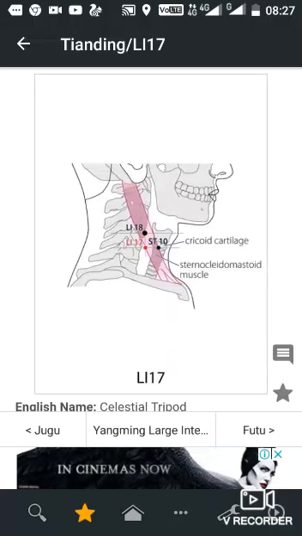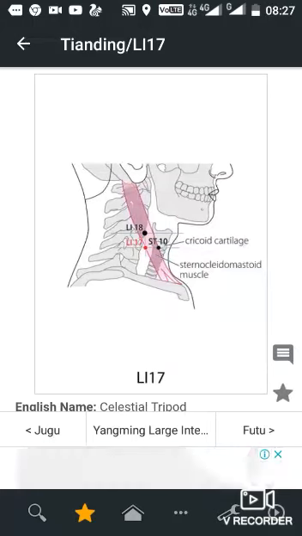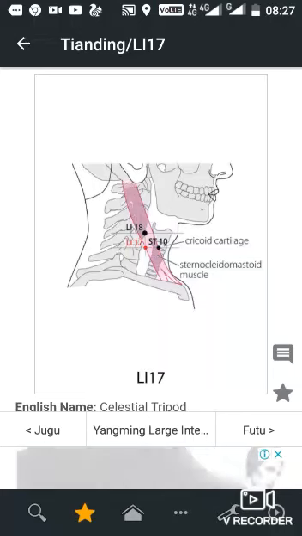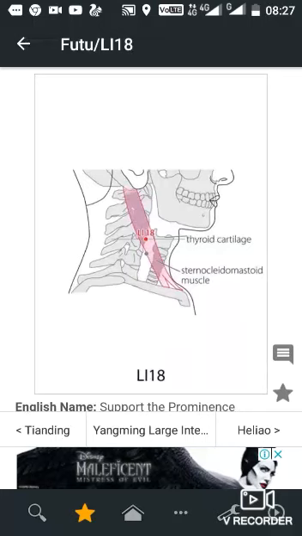Li 17, location. Lateral side of the neck, at the midpoint of Futu, Li 18, and the supraclavicular fossa, at the posterior margin of the sternocleidomastoid. Li 18, location. Lateral side of the